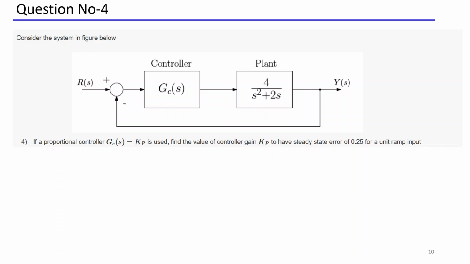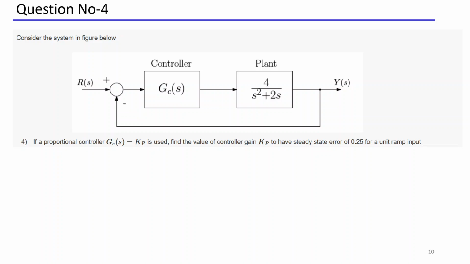What is this question? Yeah, so this is a question I have taken from the previous year, I think, NPTEL. You can see what the question is asking us. If a proportional controller, in place of GCS, GCS is nothing but only a proportional controller. If you use a proportional controller having a gain of kp, find the value of the controller gain kp. We have to find out what is the value of kp to achieve a steady state error of 0.25